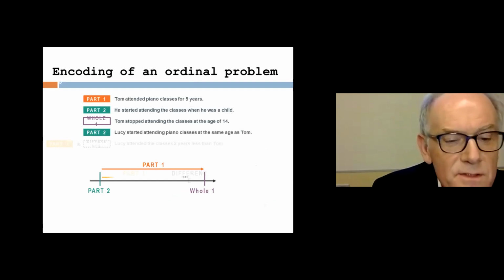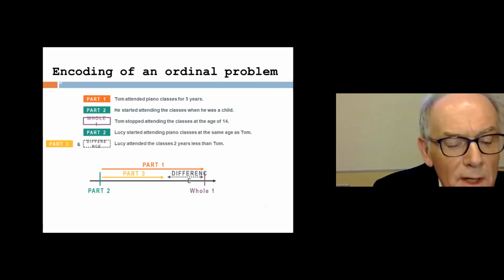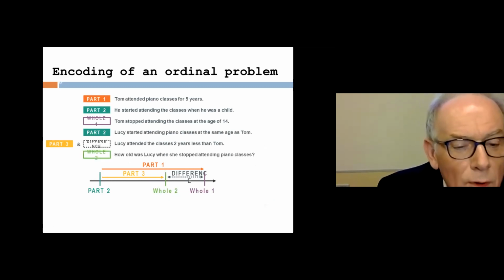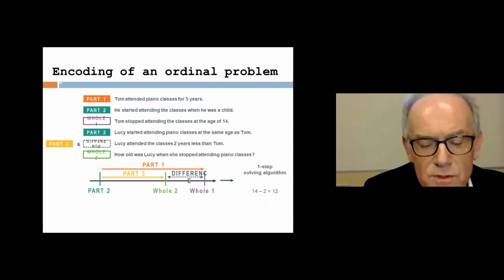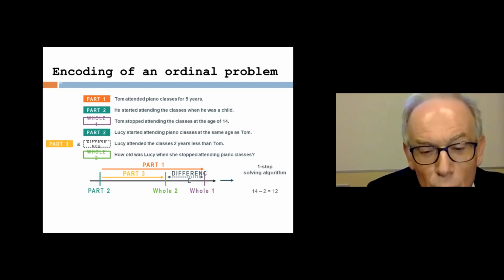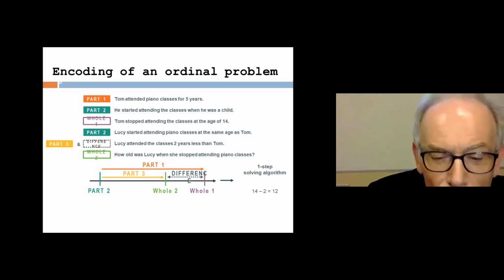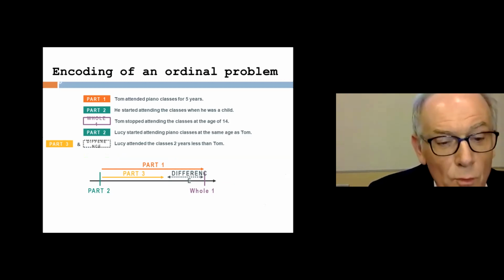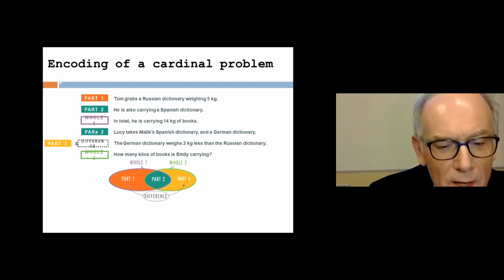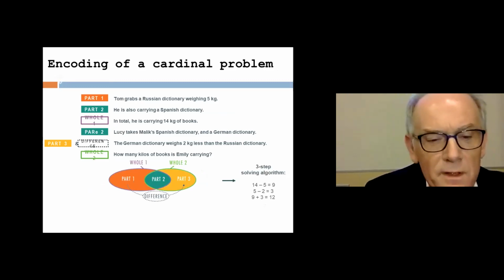Lucy, again, started attending piano classes at the same age as Tom. Lucy attended the classes 2 years less than Tom. How old was Lucy when she stopped attending piano classes? And it happens that most of the people here would tend to solve the problem by doing 14 minus 2, but what is 12? So what I didn't tell you now is that I exactly use the same quantities, and